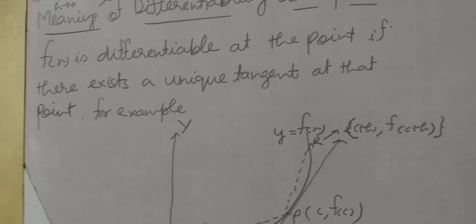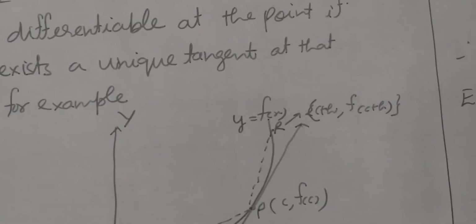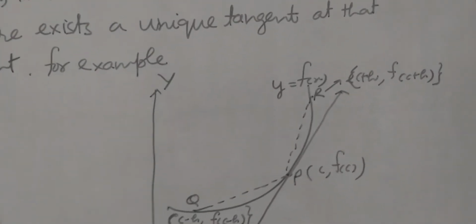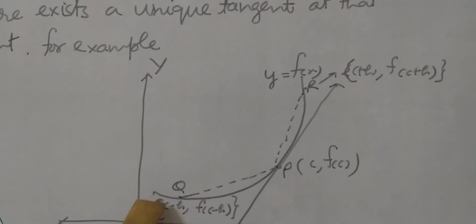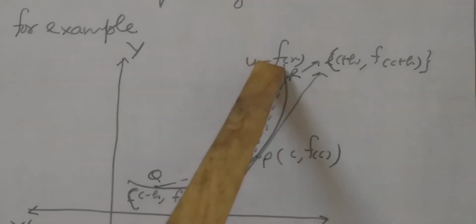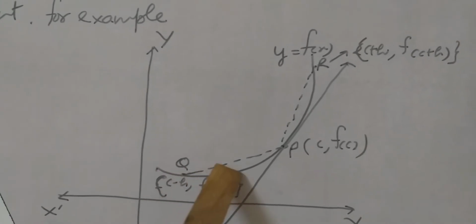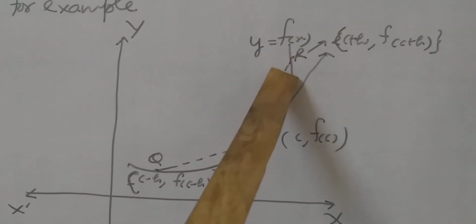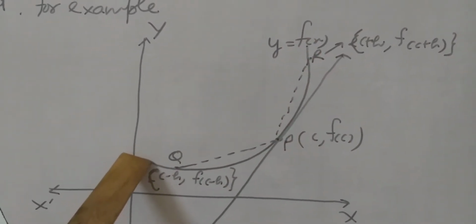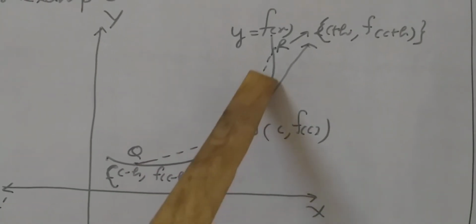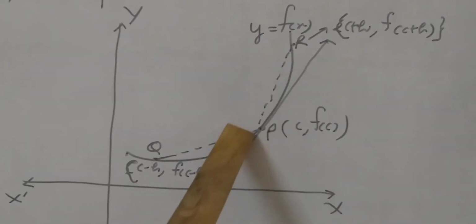Students, I told you about continuity. If there is no break, no jump, then the function is continuous. So you can see this is a curve, there is no break, no jump,